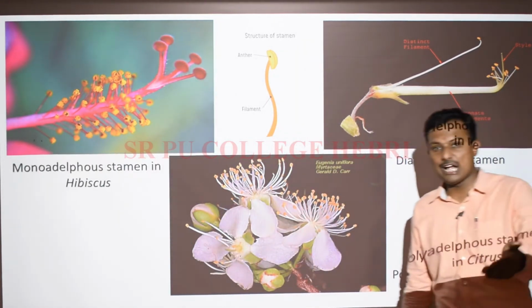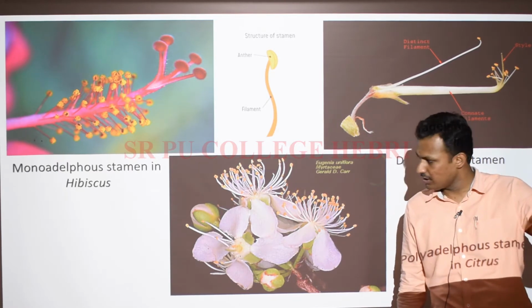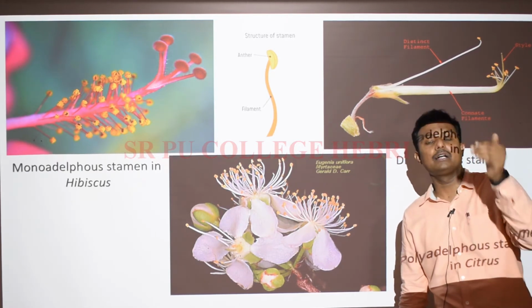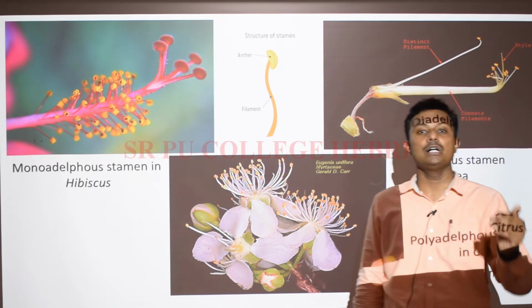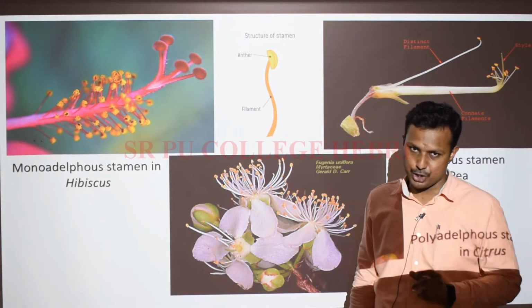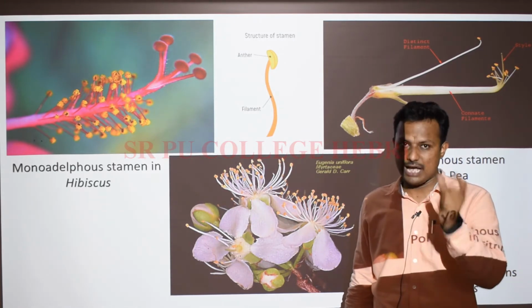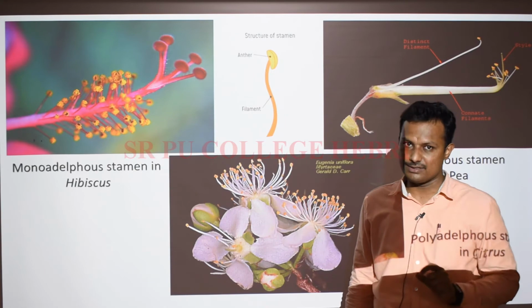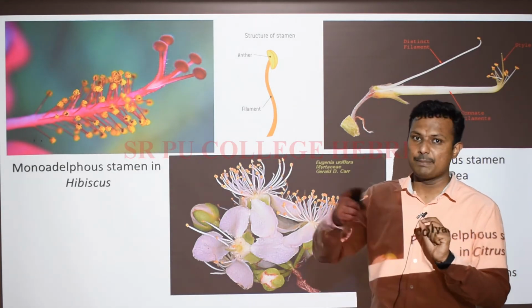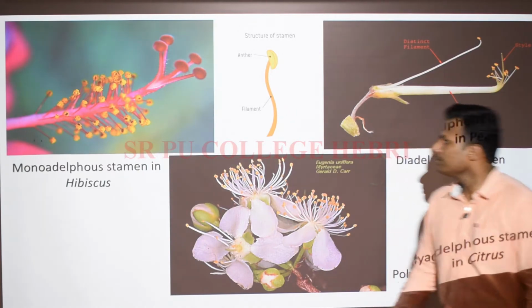And the attachment of the androecium onto the petals is called epipetalous condition. I have not put a picture here. And the attachment of the androecium onto the perianth is called epiphyllous condition. What is perianth? Fusion of petals and sepals, or calyx and corolla, is called perianth. The appendages of the perianth are called tepals. This can be an important question, remember. Moving towards the next one,